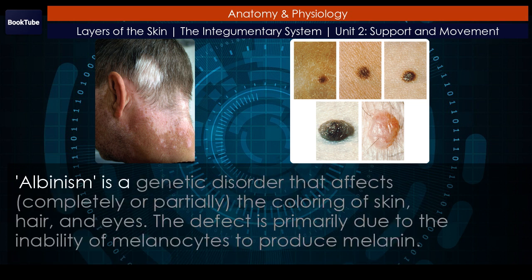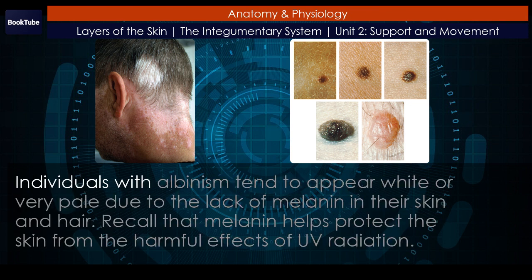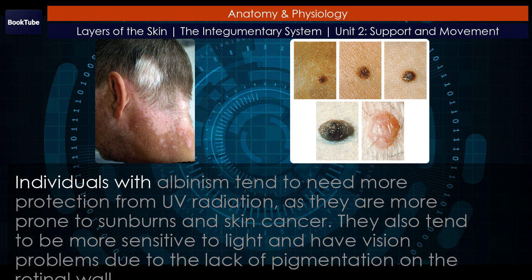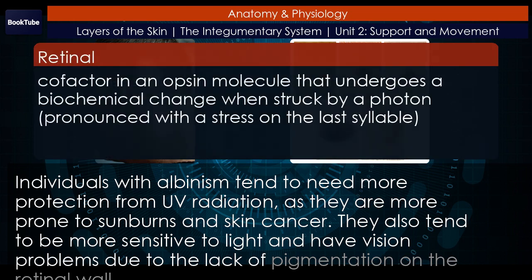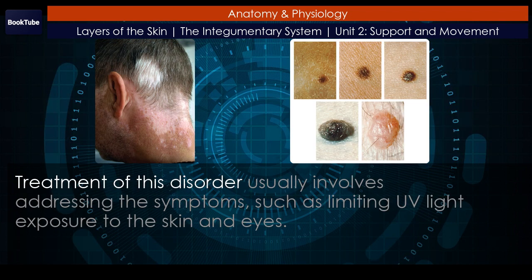Albinism is a genetic disorder that affects, completely or partially, the coloring of skin, hair, and eyes. The defect is primarily due to the inability of melanocytes to produce melanin. Individuals with albinism tend to appear white or very pale due to the lack of melanin in their skin and hair. Recall that melanin helps protect the skin from the harmful effects of UV radiation. Individuals with albinism tend to need more protection from UV radiation, as they are more prone to sunburns and skin cancer. They also tend to be more sensitive to light and have vision problems due to the lack of pigmentation on the retinal wall. Treatment of this disorder usually involves addressing the symptoms, such as limiting UV light exposure to